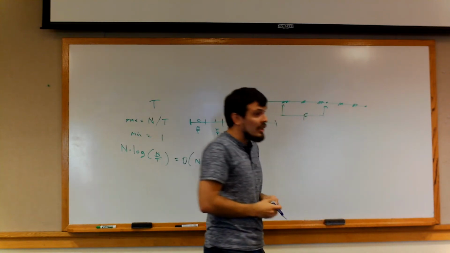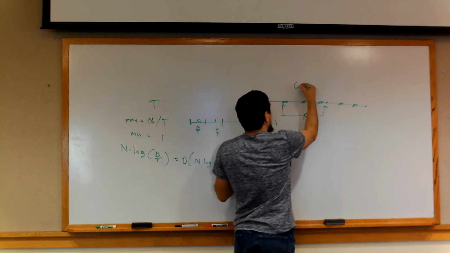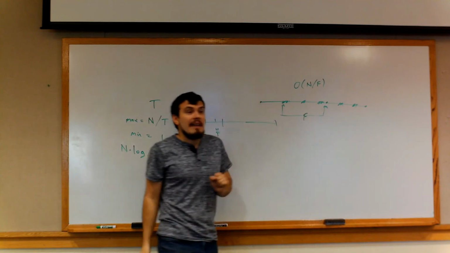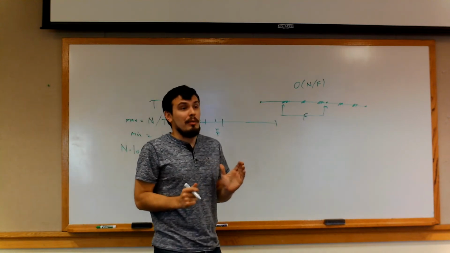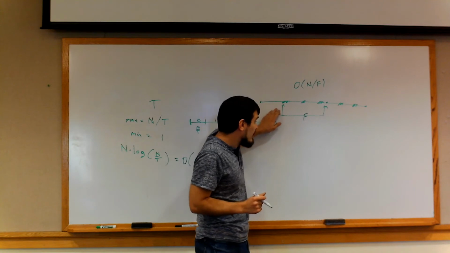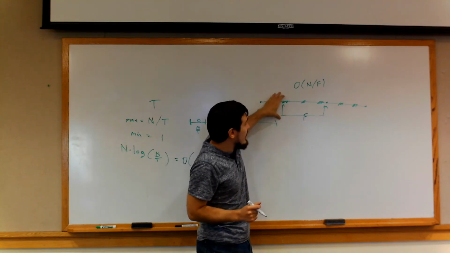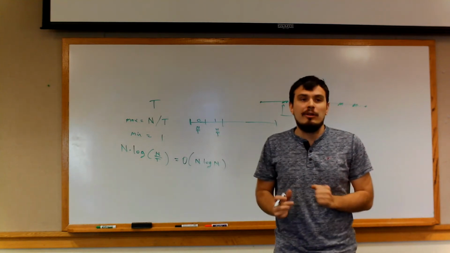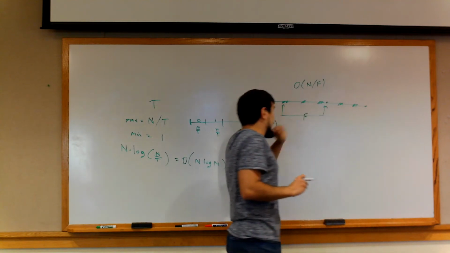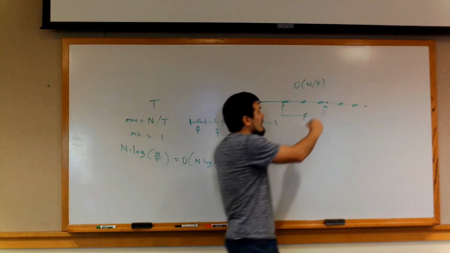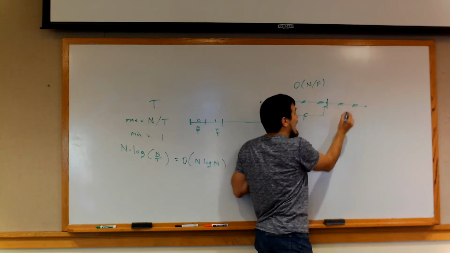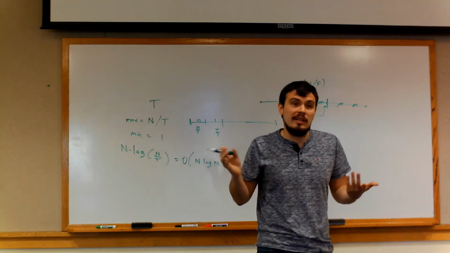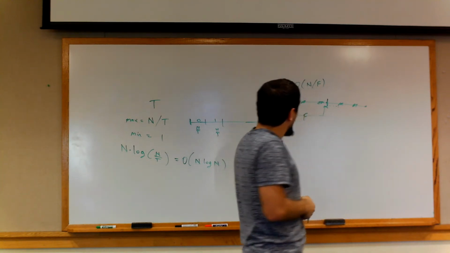It's fast. So ideally, what I'd like to do is produce a solution that guarantees that I solve this problem in n over f time. This should be doable, because every time I use up a truck, every time I do some work here, I actually skip ahead by f. So if my array is of size n, it should be doable to solve this in n over f time. But the trouble here is that after I skip ahead by f, I may have to do some large amount of work to get to the next patch if the patches are very sparse, right? Because I don't know where the next patch starts. So what I can do is